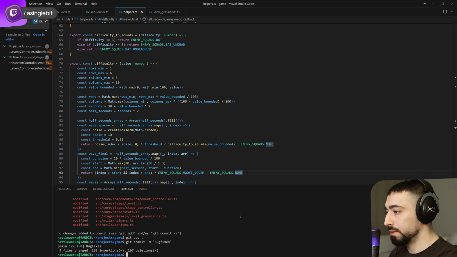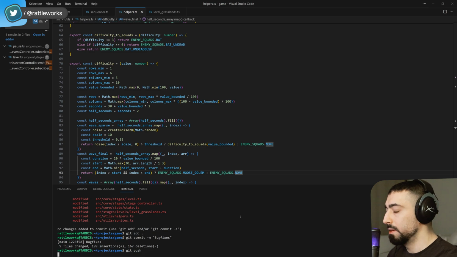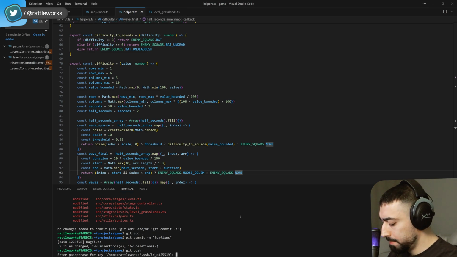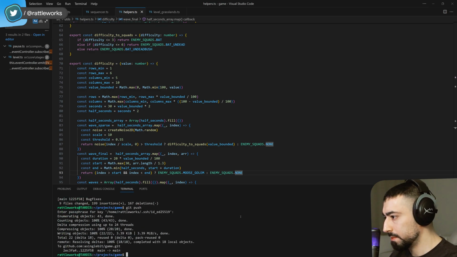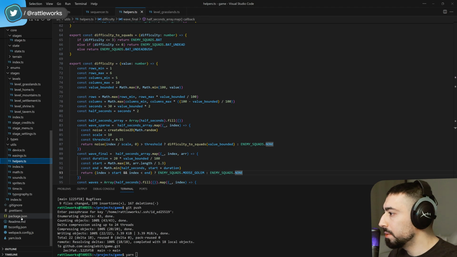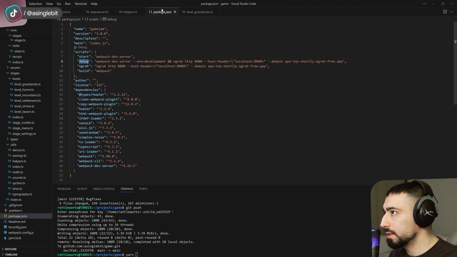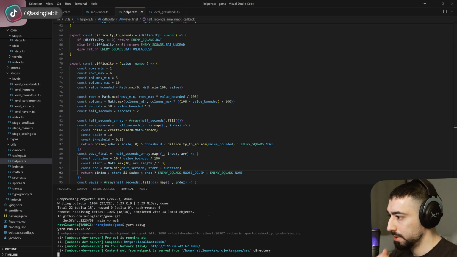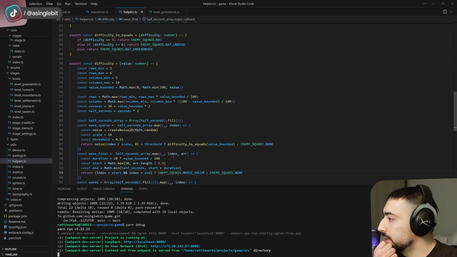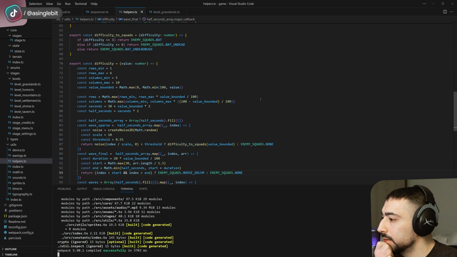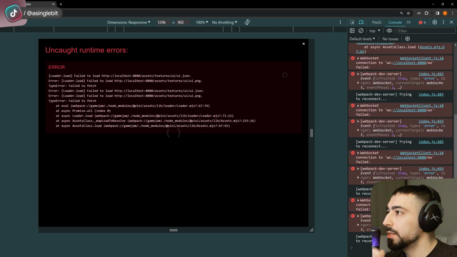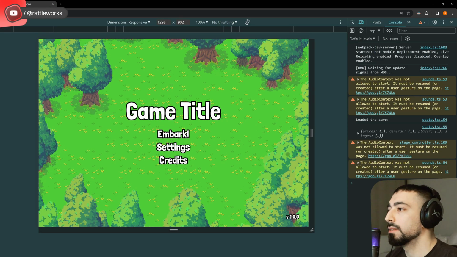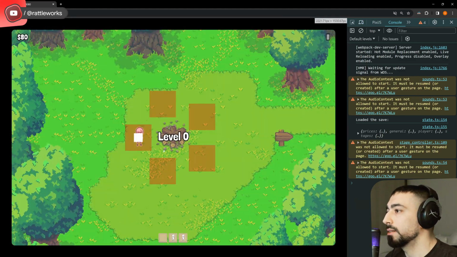Bug fixes. Okay, great. Now I'm going to start the game in the debug mode. Let's see what was the script for that. And I want to see all of the debug data,